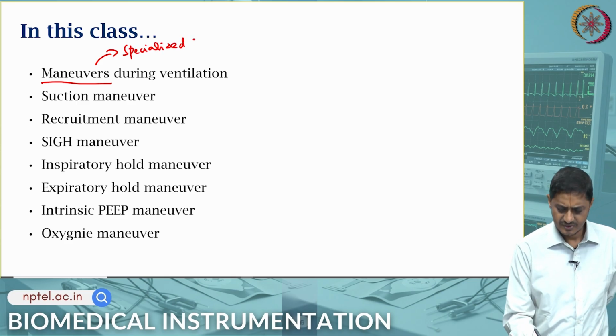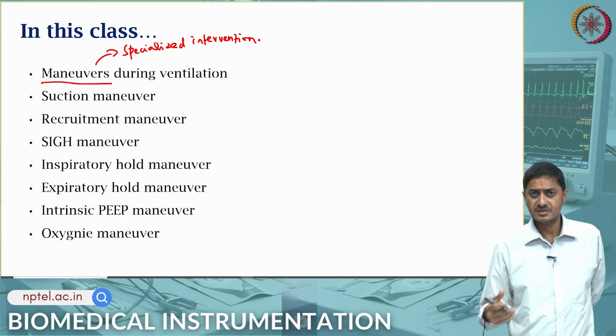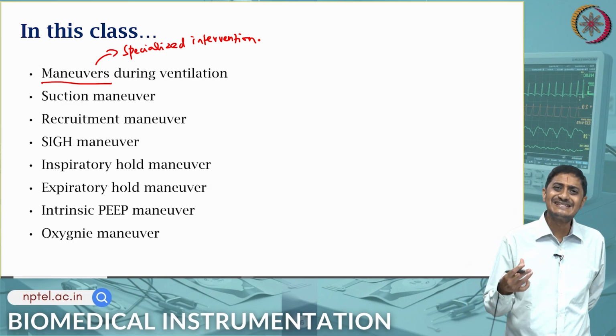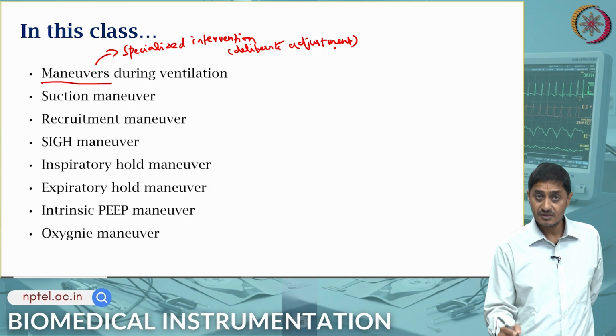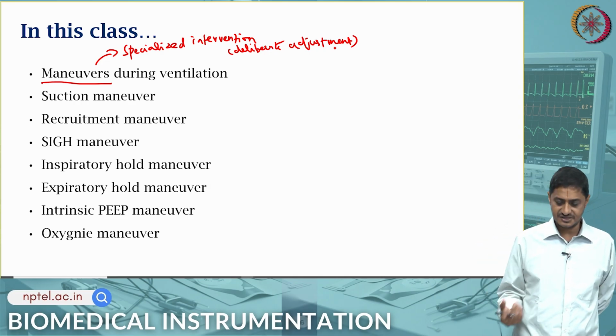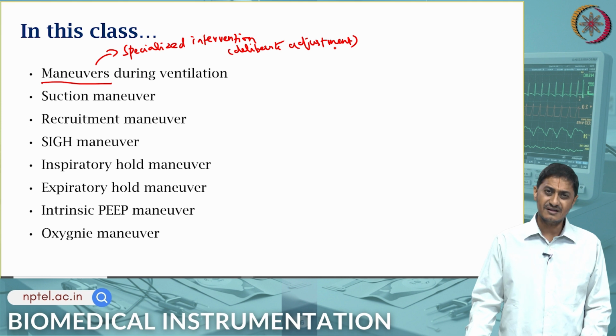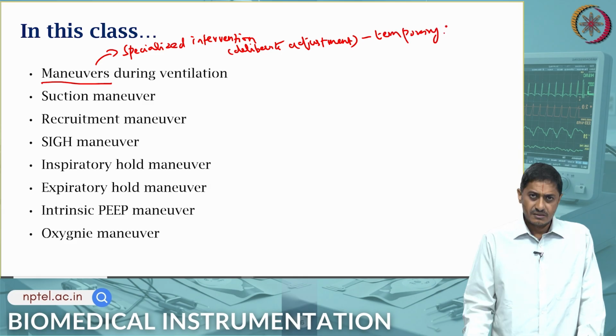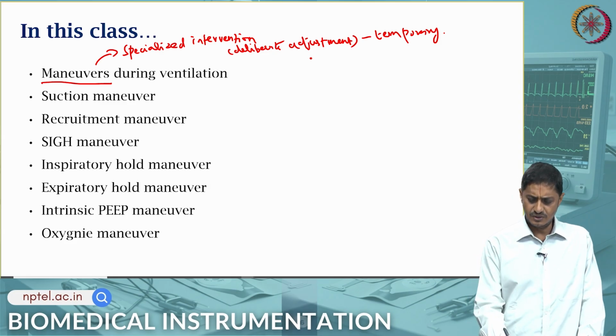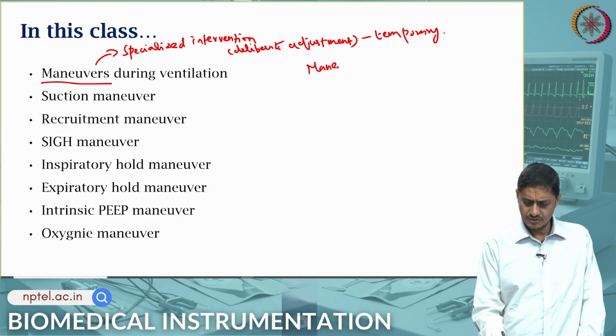that many times requires modification of the ventilation mode, for example, or some specialized deliberate adjustments are made in the ventilation method. So, it is not something that you routinely do, but rather specialized, deliberate interventions and adjustments. These are temporary modifications. People used to think that whenever you say maneuver, it is manual. Nowadays, maneuvers are also automated,